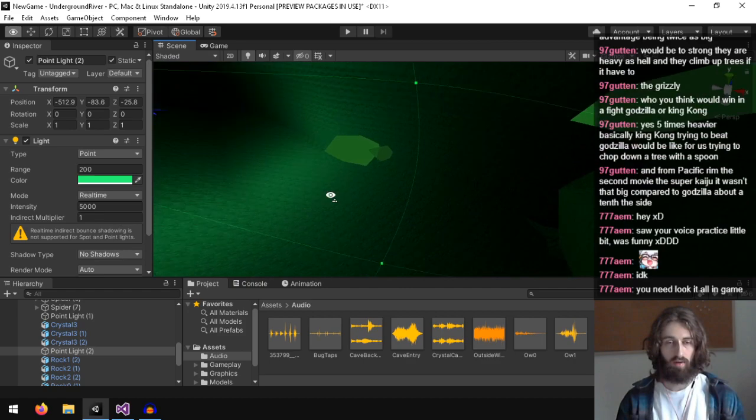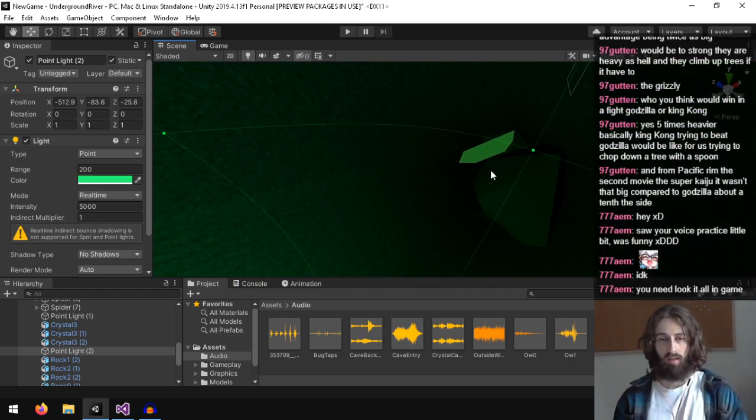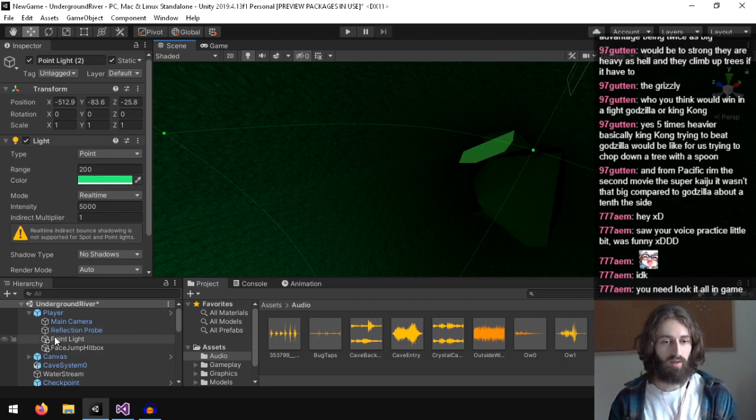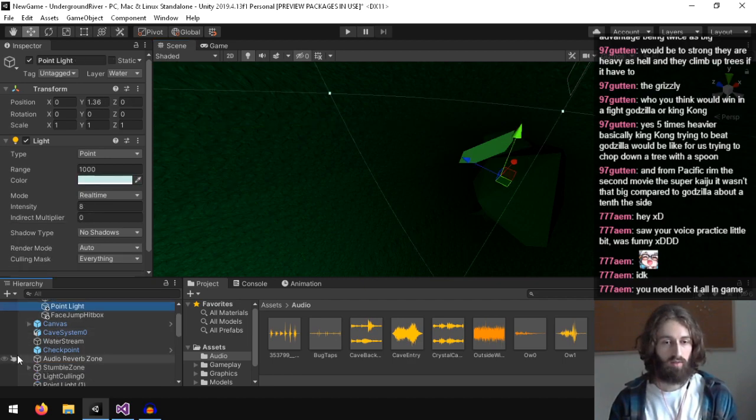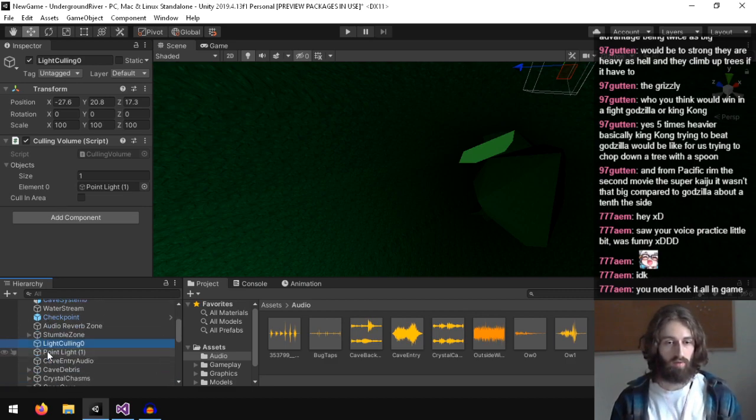Alright, and now I should count how many lights do we have culled? So we have one light on the player. I think I have one light that isn't culled. Light culling 0 culls the first light.